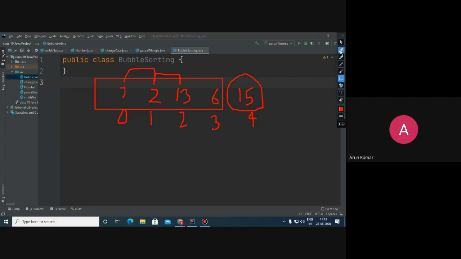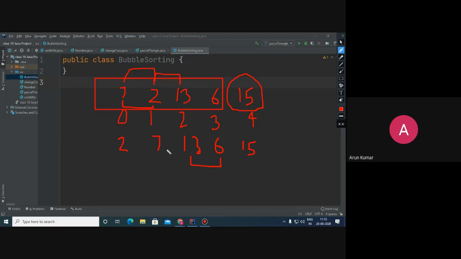Again, the same process will be repeated. 7 and 2 will get compared. 2 will come here, 7 will come here, then 13 and 6. This is the second phase which is going on. After that, these two elements will get compared.